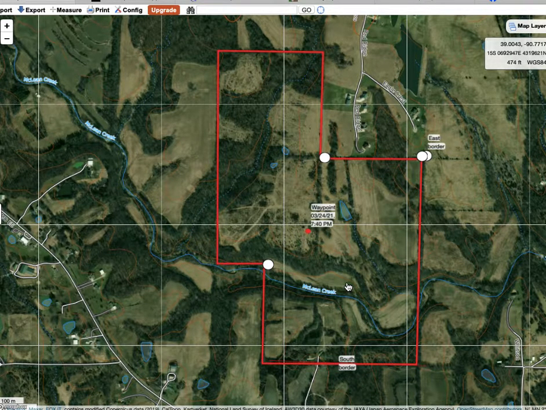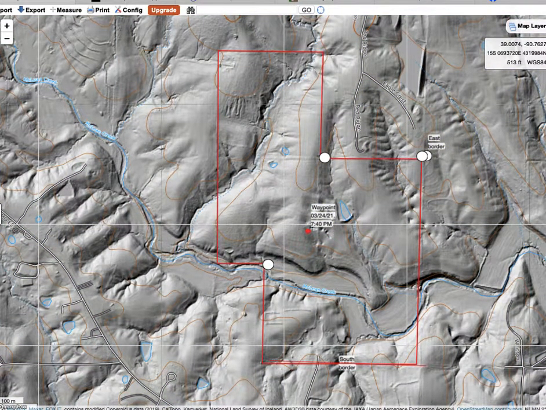Another major consideration is the topography, because all things being equal, which they're not, some of this is wooded, some of this is open, but all things being equal, we can look at the topography and decide where the deer are going to bed with different winds. So we have to look at that to plan our access around that so we can move through this property and disturb as few deer as possible, and then find our entrance and exit routes based upon the topography,